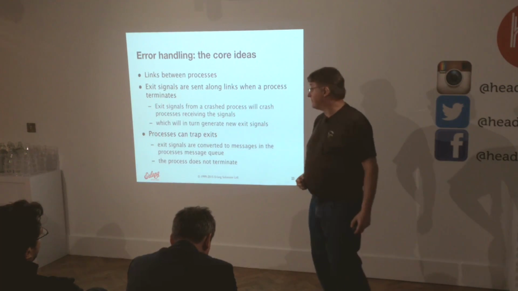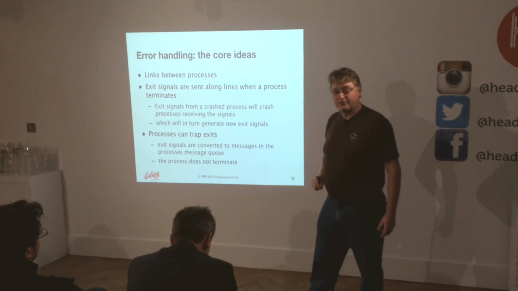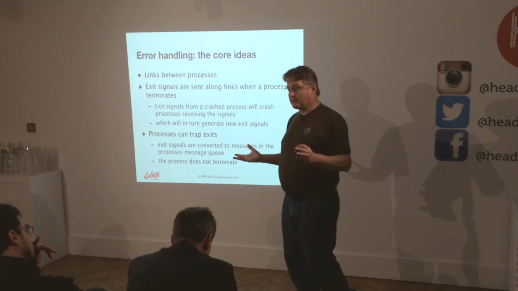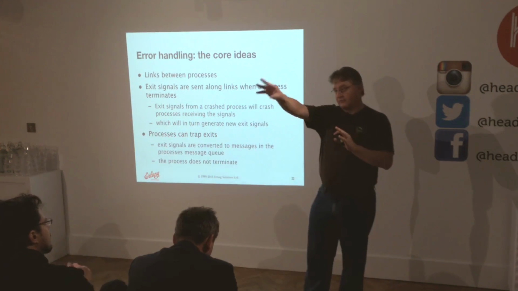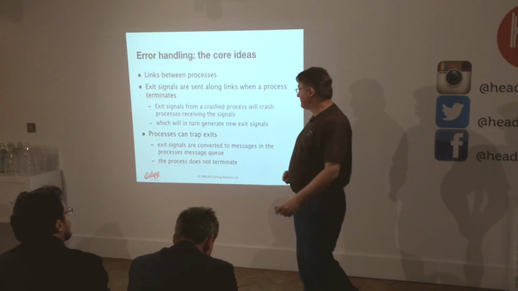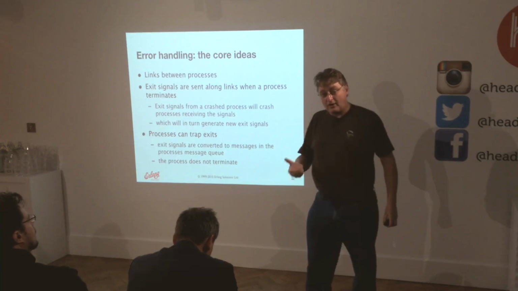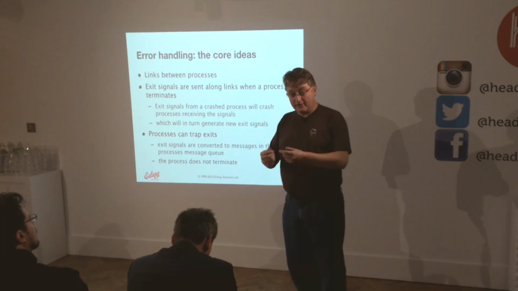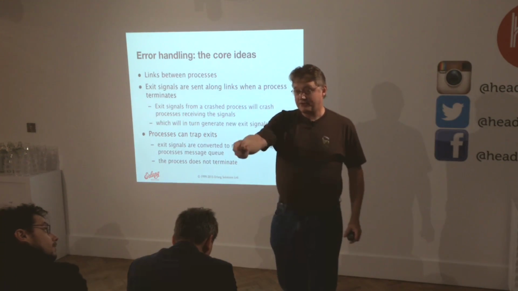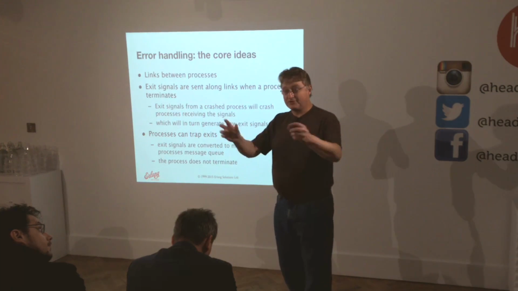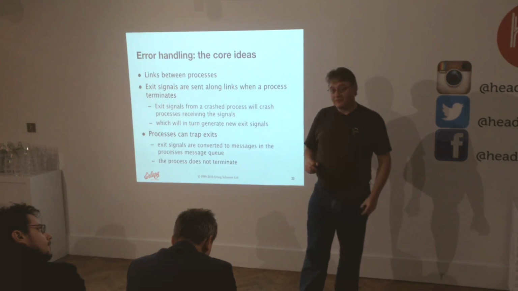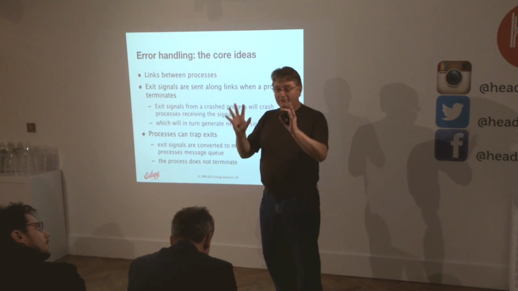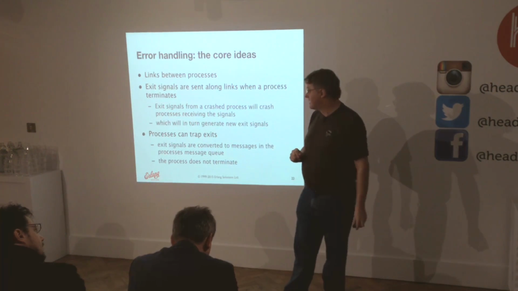Three basic principles again. We have a concept of links between processes. So you can link processes together. It's got nothing to do with communication. It's just, I link to you, you're linked, a whole set of linked processes. And when a process dies or crashes, it sends signals along all its links. And the process at the other end will crash as well, and it will send signals across its links. So if you have a set of linked processes together, and one of them crashes, they all crash, which is great, which is exactly what we wanted. They all go down, right?